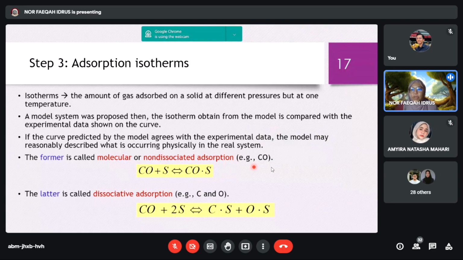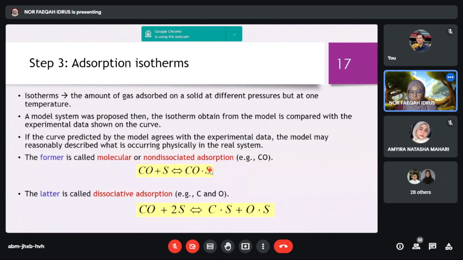Okay, so we have the carbon monoxide. Carbon monoxide is the reactant. This carbon monoxide will adsorb as a molecule. If the reactant adsorbs as a molecule, we call it non-dissociative adsorption or molecular adsorption. One CO requires only one active site S, a reversible reaction to produce the adsorbed species